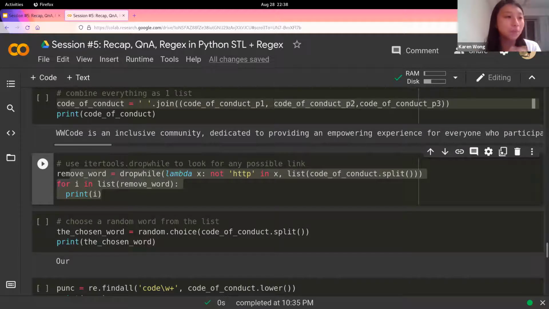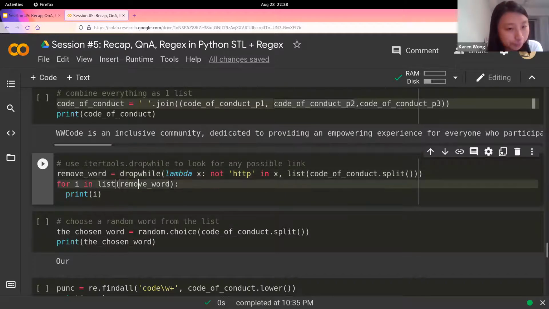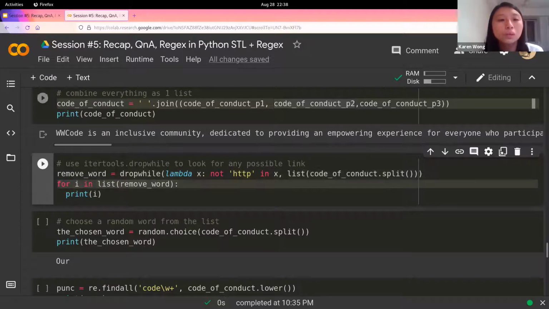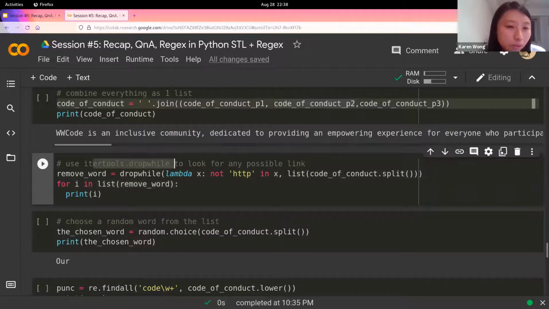So it's like 10 pages, which is completely normal. It's detailed. It's good to be detailed, but you want to find a website, right? So what you're gonna do? One of the ways you can do this is use dropwhile to get your information. So what is dropwhile doing here? Dropwhile means